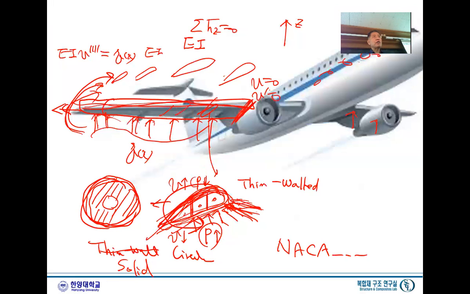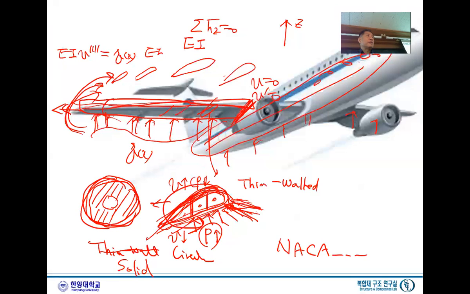Most of the structures, even say a fuselage, okay? This is considered as a beam as well. All the load, and how much it deflects and how much stress it will have. Okay,